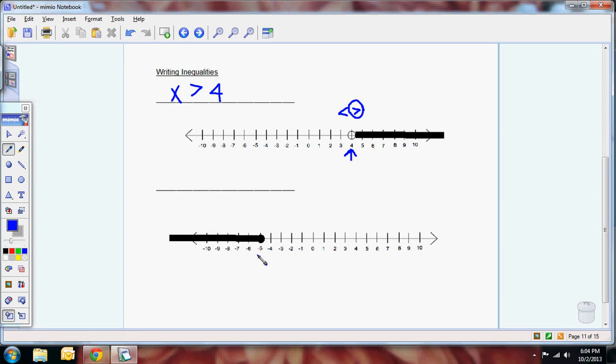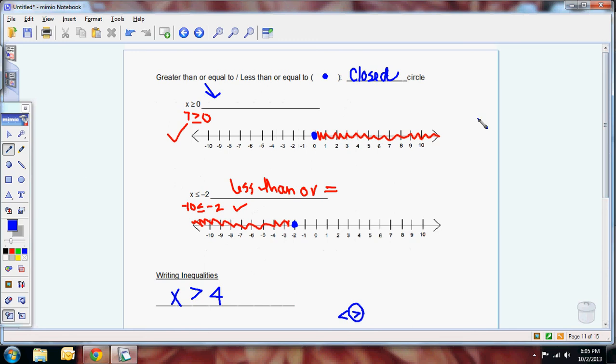Alright, let's look at this one. So I'm going to start with writing that x. It's at negative 5, so I'm going to write negative 5. It's a closed circle, so I know it's either going to be less than or equal to or greater than or equal to. And everything that's shaded seems to be less than that, so I know I'm going to be less than or equal to. So this is just working backwards. So that's graphing. We're going to do some practice with that and then move into